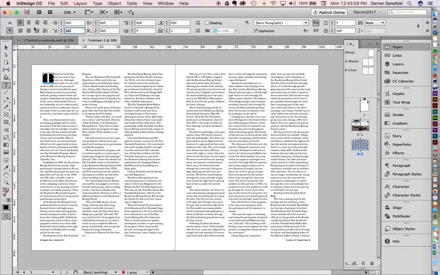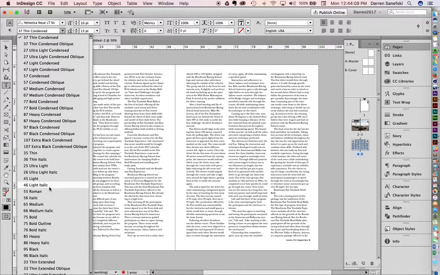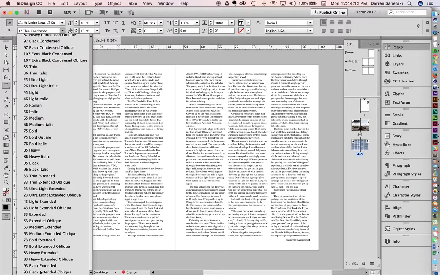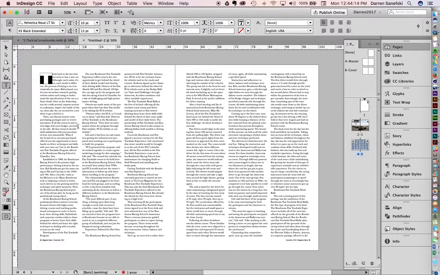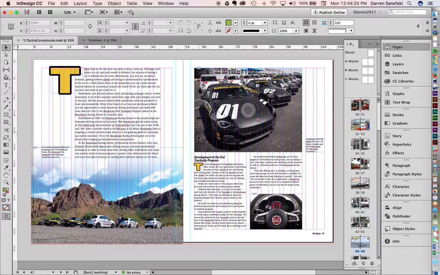And we want to take away the indent. I also want to change that to the sans serif that I'm using up on the first page. Now as we're going through this, if you notice that we have like development of the Fiat trackside program, so